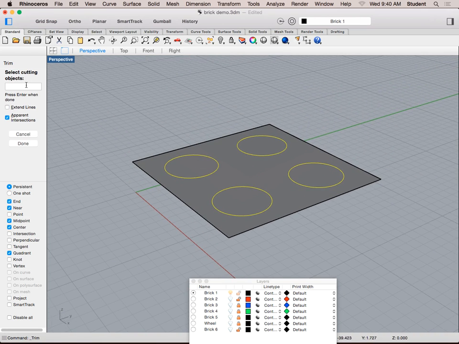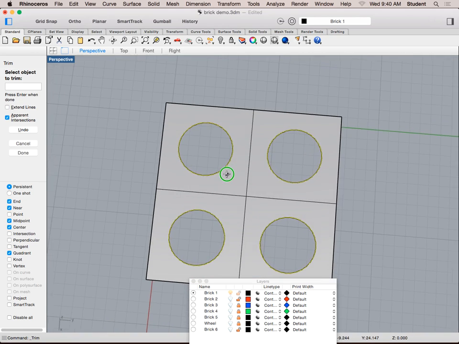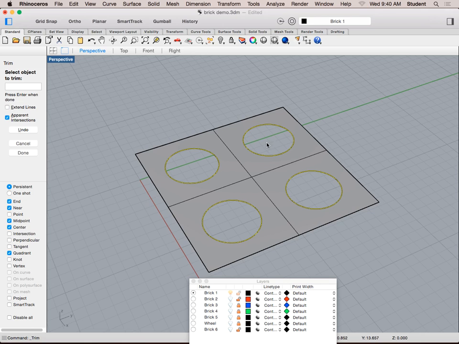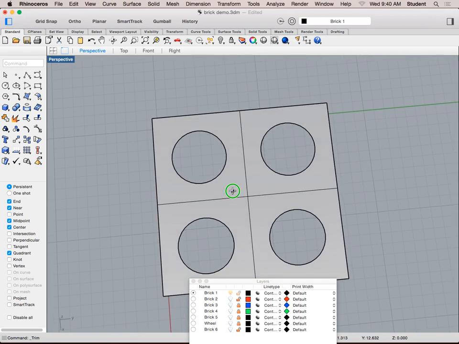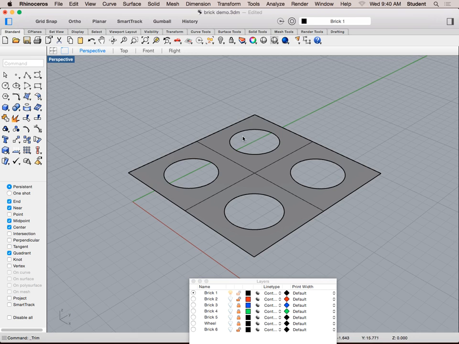Now I selected my cutting object, so I'll hit enter and it says select objects to trim, and now I'll just tap away in the circles that I wanted this to trim away the surface at, those areas. Hit enter. Same result as just doing a split. So you can trim and split surfaces using curves or even other surfaces. So for example,